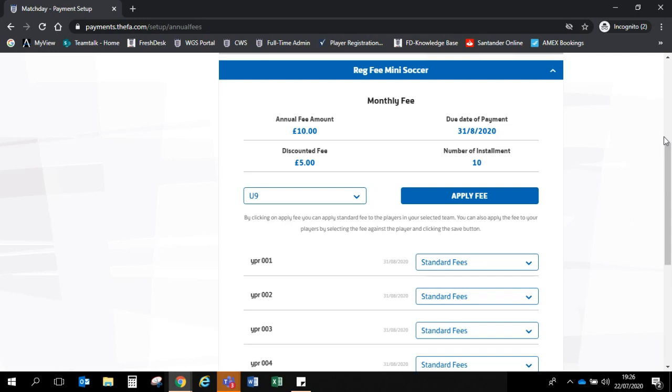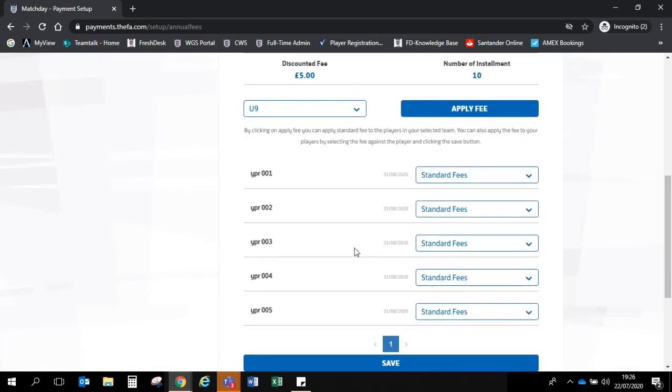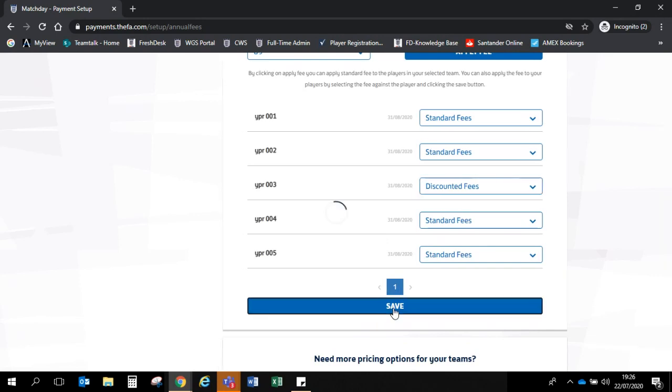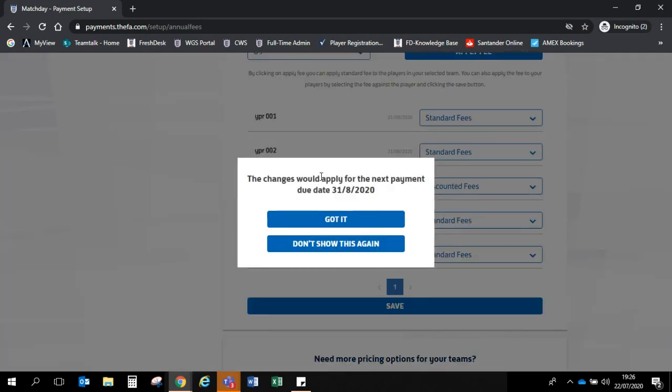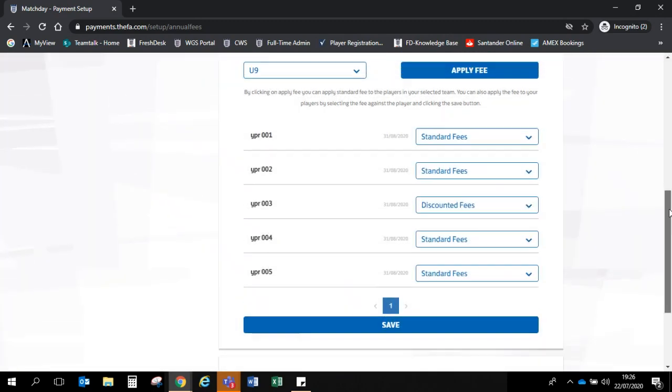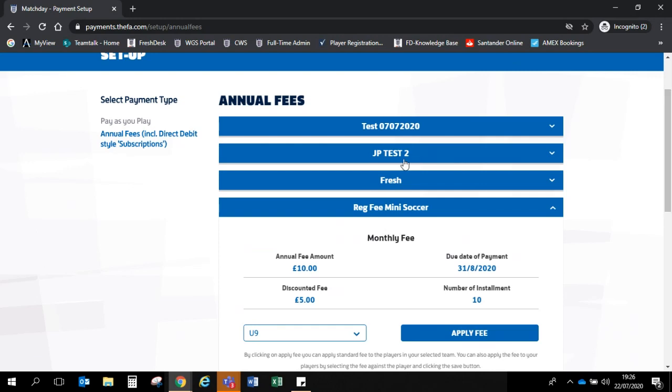So yes for now. So you can see all of the players that I've got registered for my club. We're not very good with these names, but this is the player's name. And it happens that these are twins, so I only want to charge one full fee, and I'll charge the second a discounted fee. So I'll click on save, and it tells me that the payments will be due. The first payment's due on the 31st of August when I set that for. Excellent, so got it. And that's how you set up your annual fees and apply